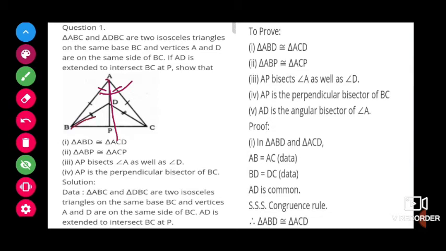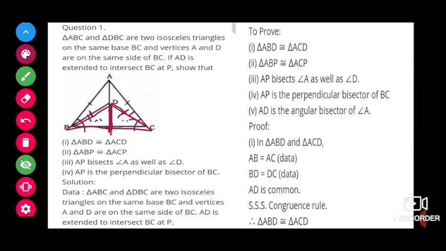Now if we come to angle D also, we have to show that this will bisect. To show that, if we take these two triangles, again this side is equal to this side, and also this is a common side, and also angle B is equal to angle C. So we can say that these two triangles are also equal.